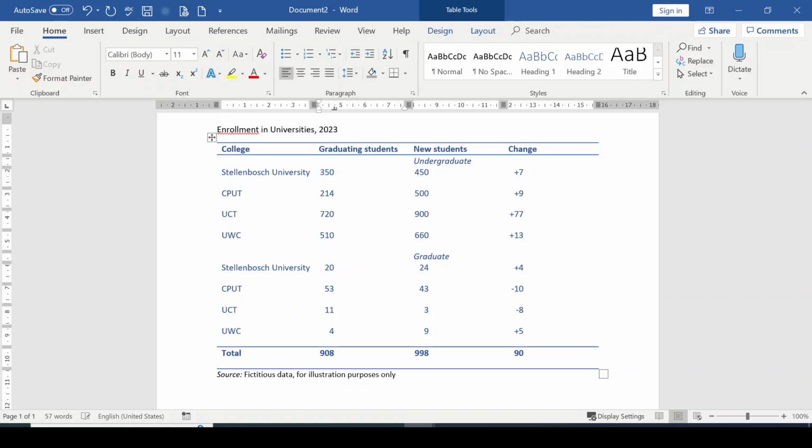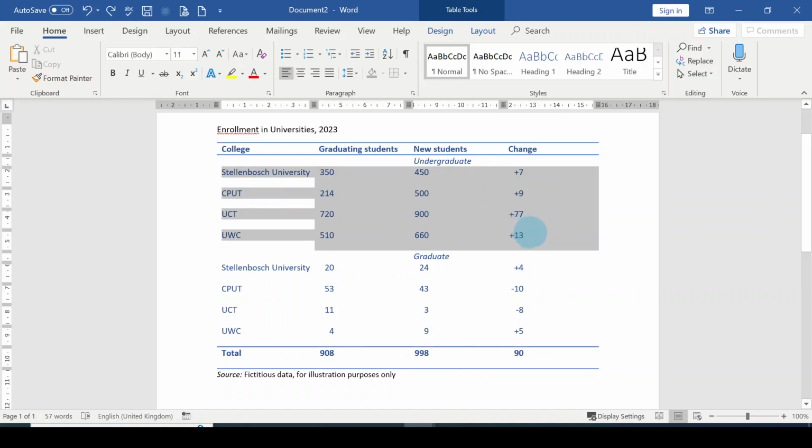Okay, so I can decide to delete the information I have here and put in my own. Then ensure that the total of this is what I have here. Calculate and ensure that the total is what I have here. Okay, so I want to apply border to the undergraduate and graduate section, so I'll select that, go